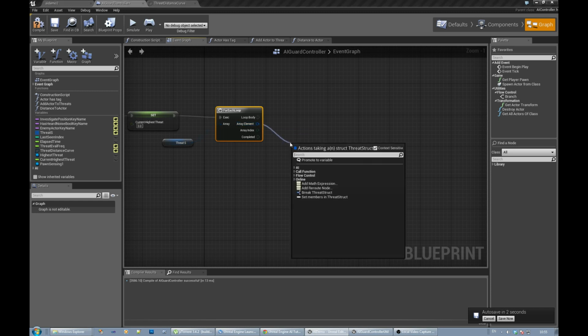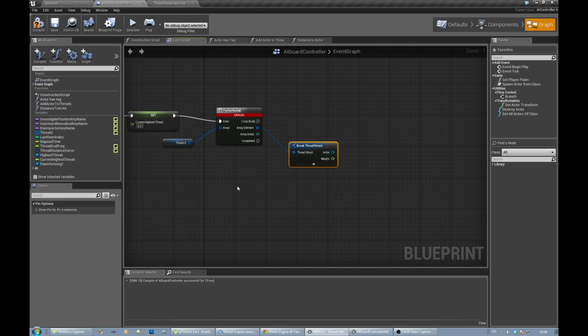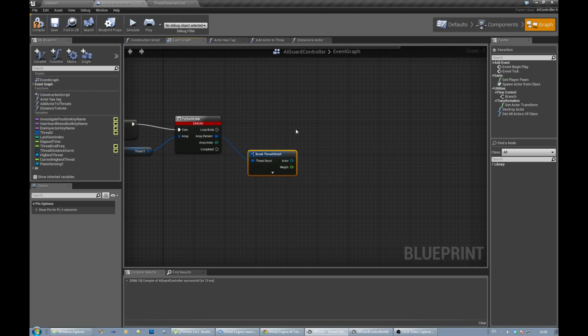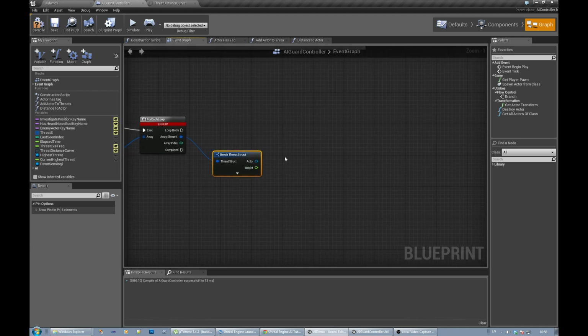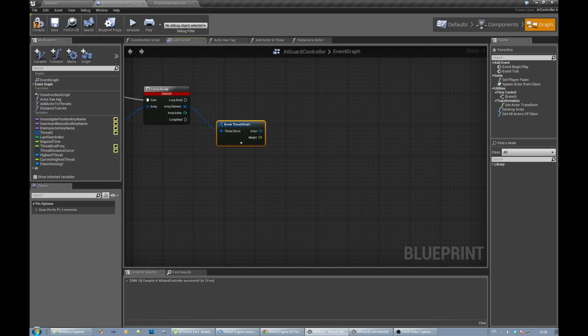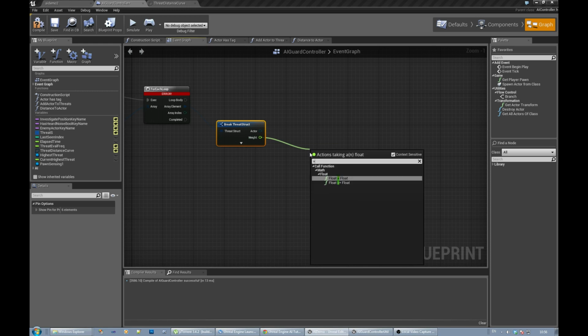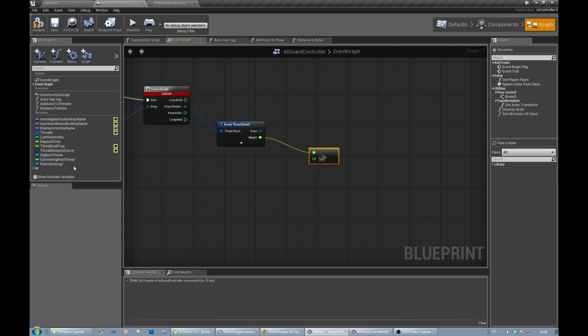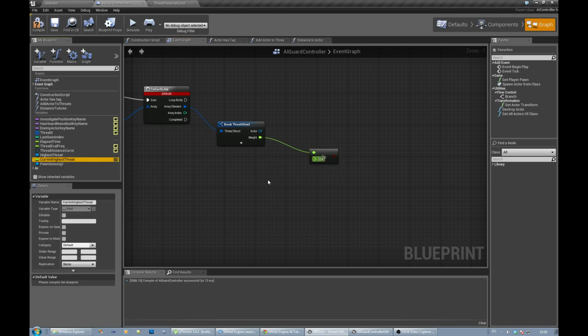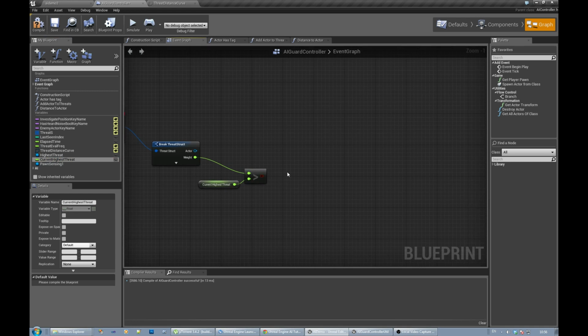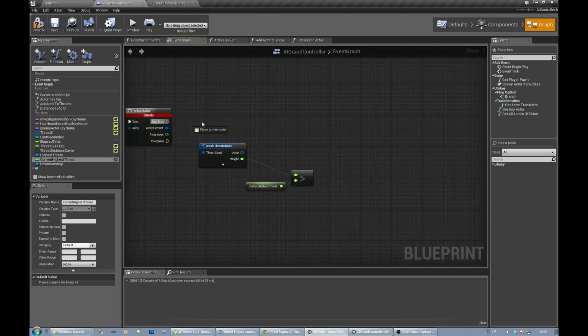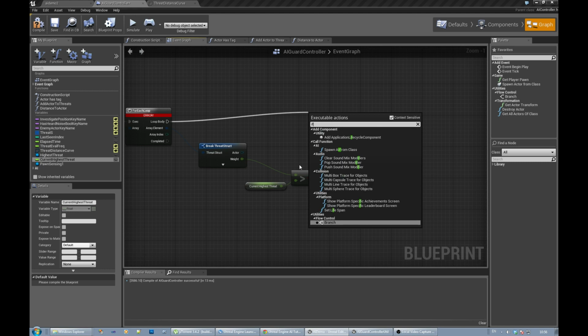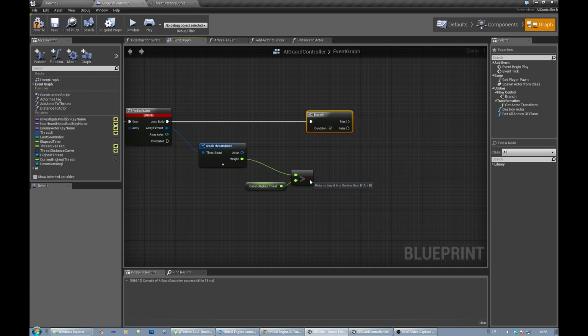So we need to break the threat structure again. What we're looking for is the highest weight. So what we're saying is if our weight is greater than our current highest threat, so let's just do an if branch. So if our weight is higher than our current highest threat,